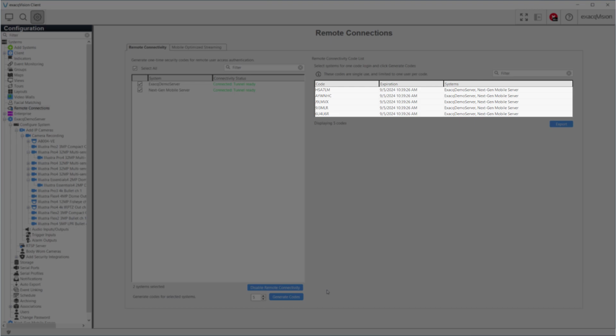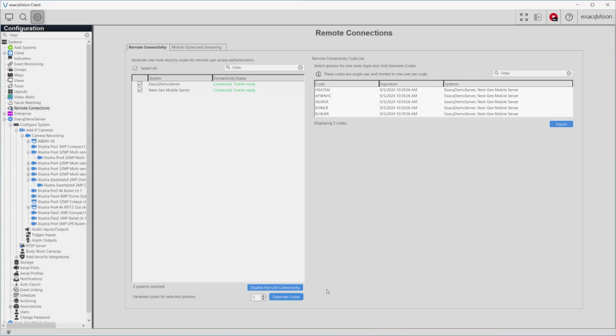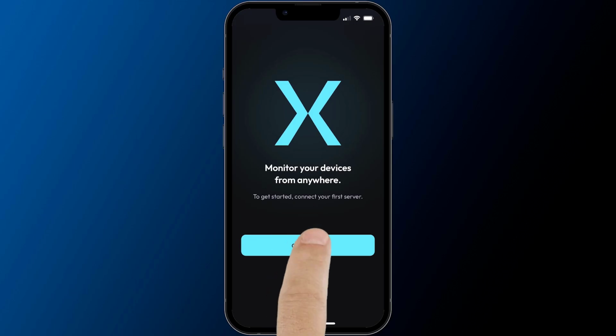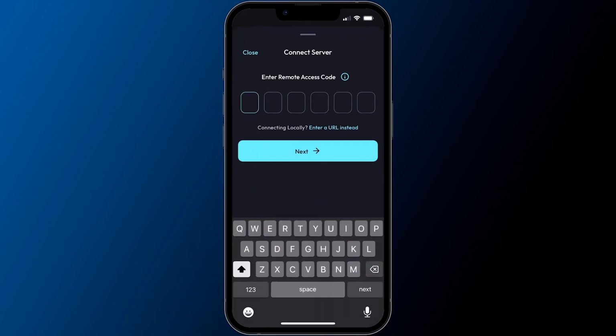A list of the generated access codes will appear. These codes are not tied to any one user. Rather, the credentials the user enters in the app determine their privileges based on their role found on the Users page. Codes are single-use and expire automatically after 24 hours, or immediately after being entered by a mobile user, so you will want to provide one unique code per user. To facilitate deployment, you may also choose to export the displayed list of access codes to a CSV file using the Export button. The app user only needs this access code and their ExactVision username and password to connect.